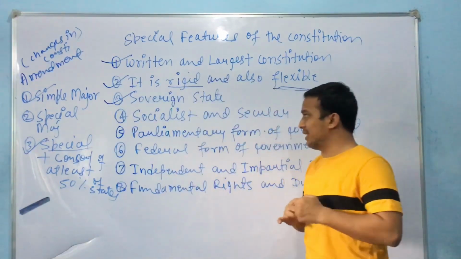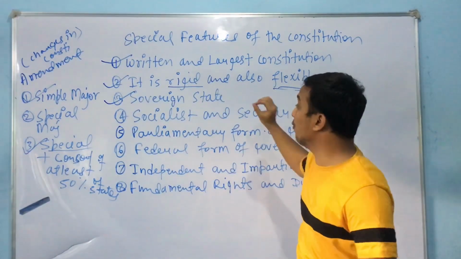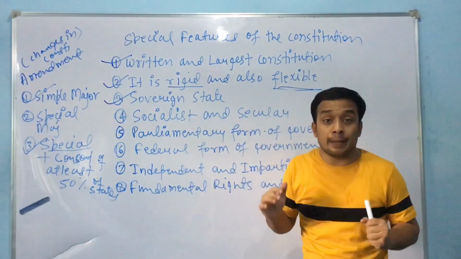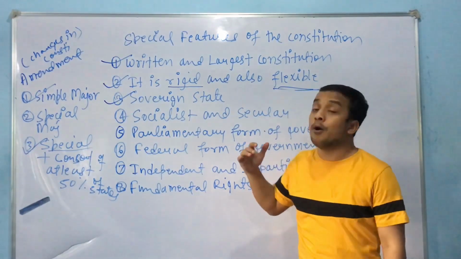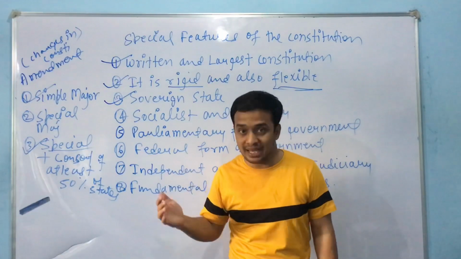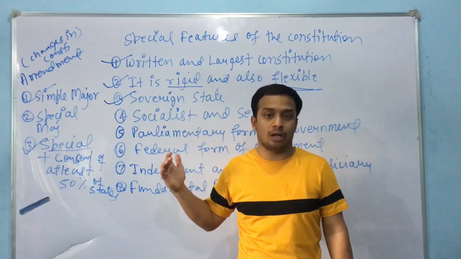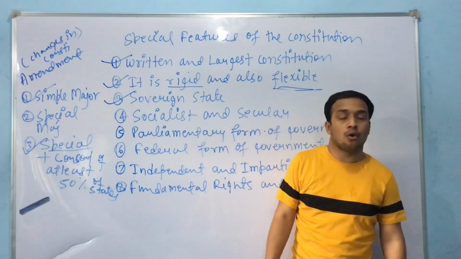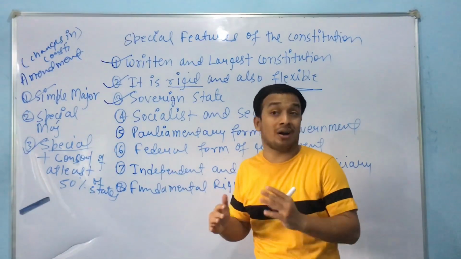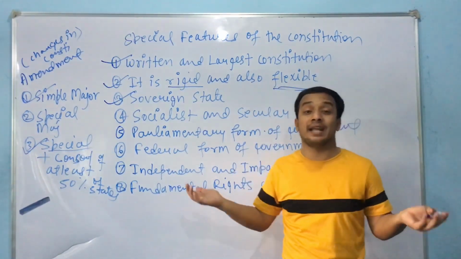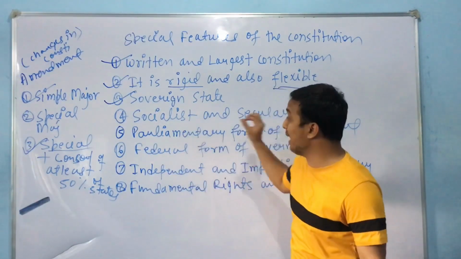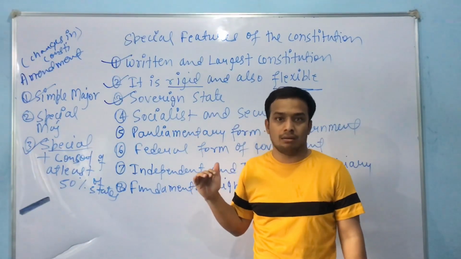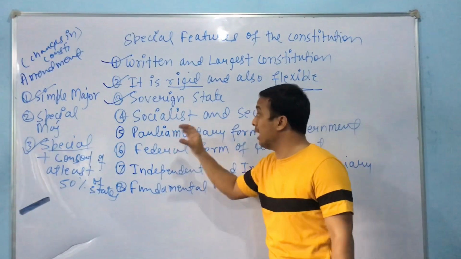Third is sovereign state. Okay, third special feature is sovereign state. Now what is the meaning of the sovereign? Sovereign means simply independent, means we are independent to frame our own policies. Okay, whether be it domestic or international policies। Okay, means we are not under the control of any other foreign rulers। Okay, हम किसी दूसरे foreign rulers or any other institution, no one is governing on us। Okay, we are independent to frame our domestic as well as international relation। Okay, domestic as well as external policy।